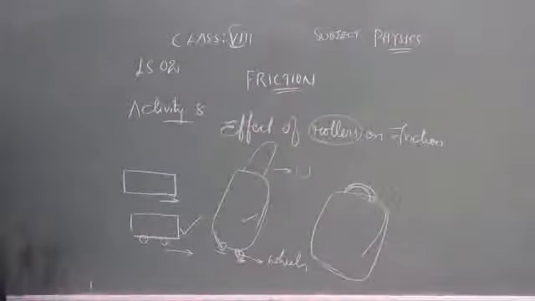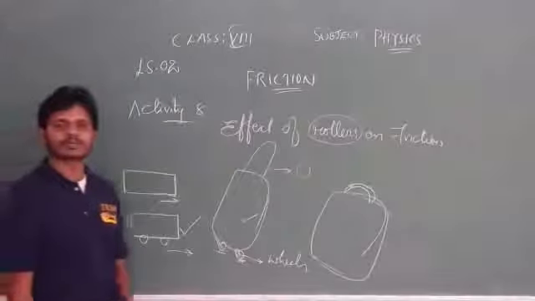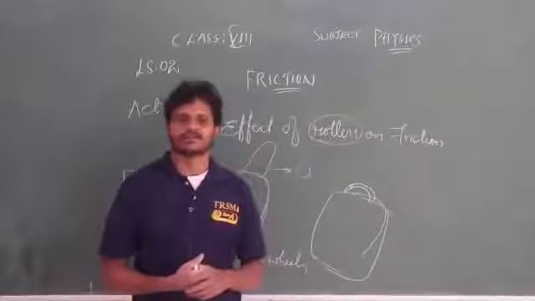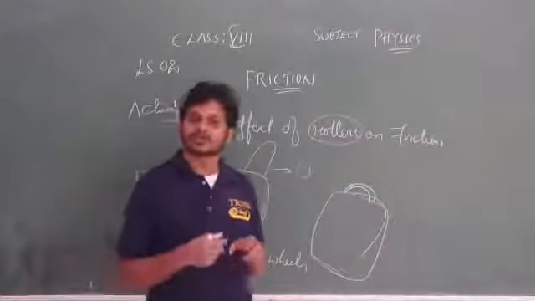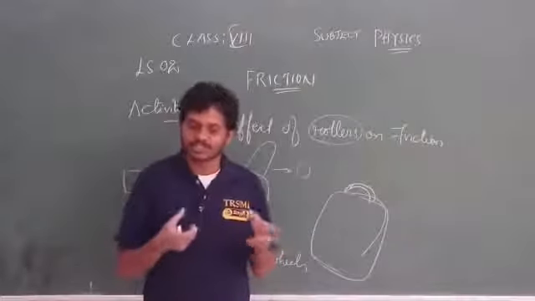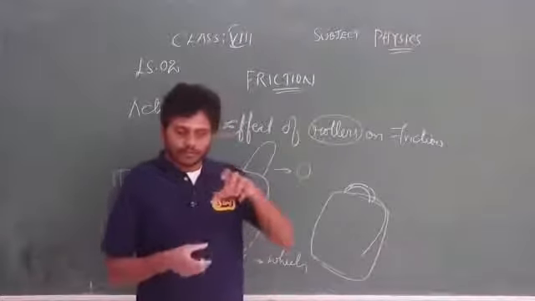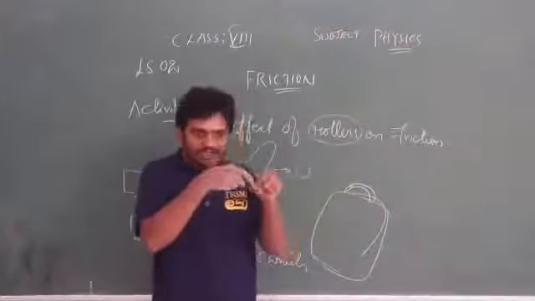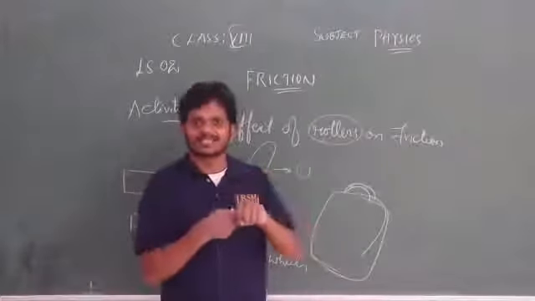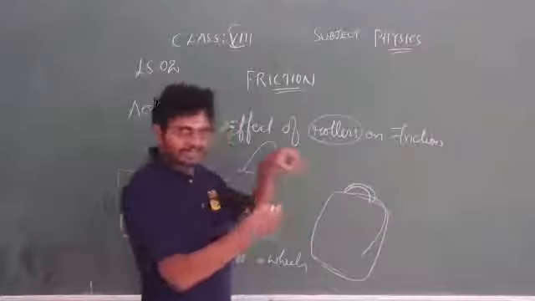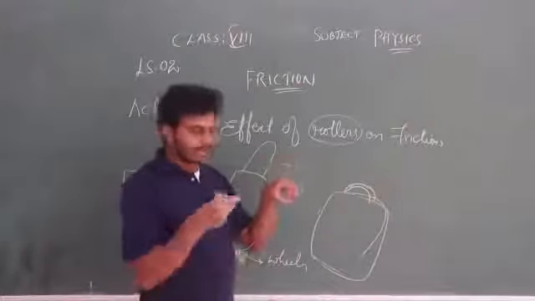Next, coming to the other activity. Activity 9, understanding the principle of ball bearings. In a fan, ball bearings are present, and also in a cycle wheel, especially the back wheel. If you observe the center, where the axle is, between the axle and the wheel,